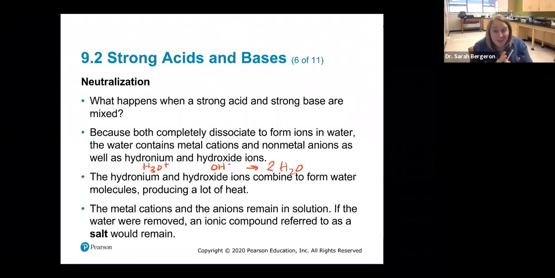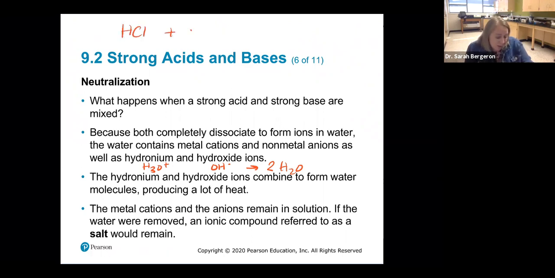Whoa. And it actually comes with a lot of heat. So if you ever do this, be very careful because it makes a lot of heat. The metal cations and the anions will remain in solution as ions. And if you were to evaporate the water, all you would have left would be an ionic compound. And that would be like